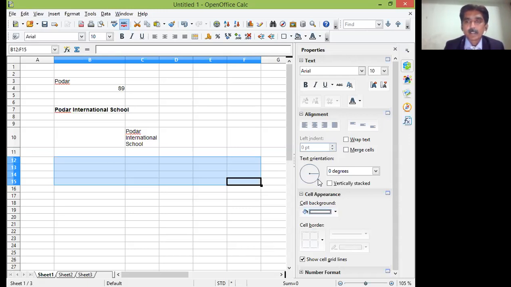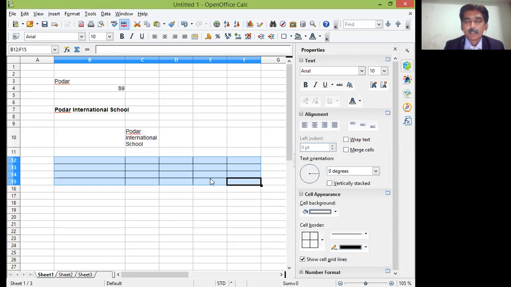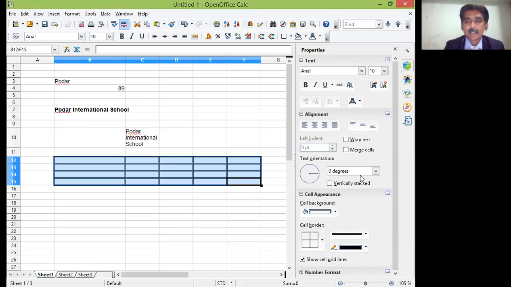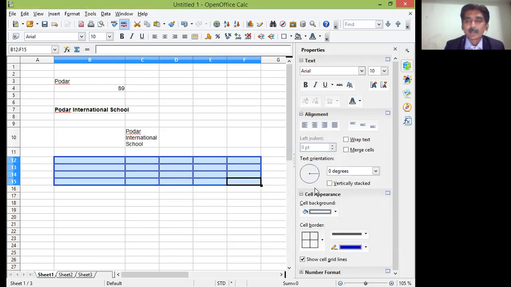Now just have a close look at this properties box. You can go here to cell border and change the border of the cell. So the border will get applied. Now change the line thickness and line style. You can select a line style. Again, if you want to change the color of the line, you can select any particular color.